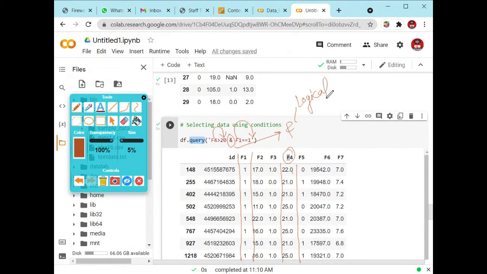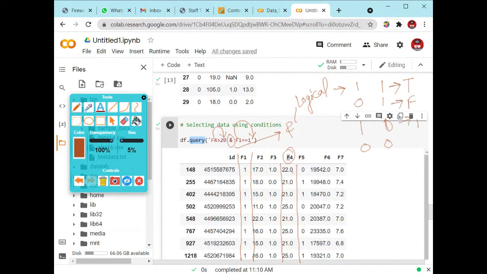When both conditions are satisfied, it will give you a true signal. If any one of the conditions is not met, then it will give you the false result.